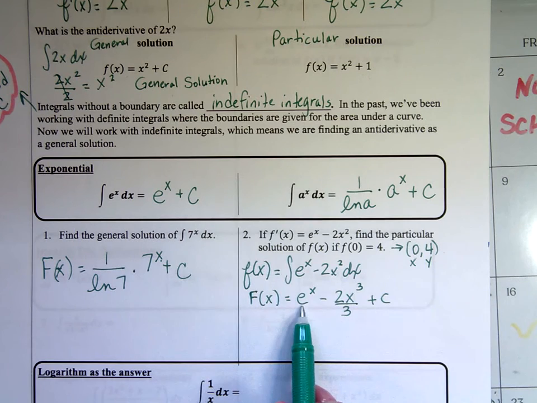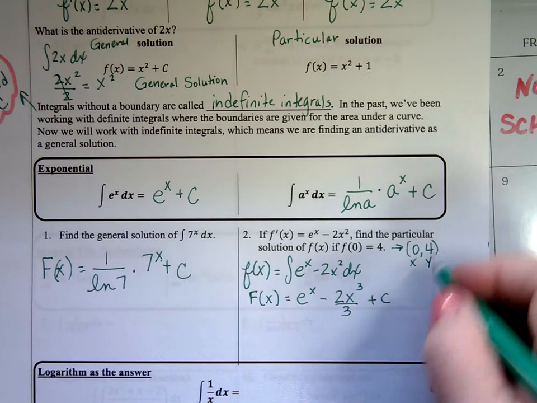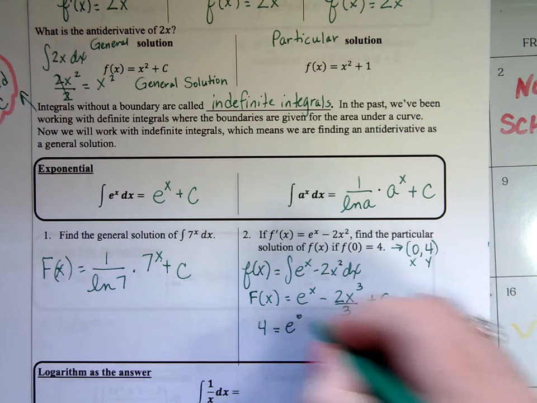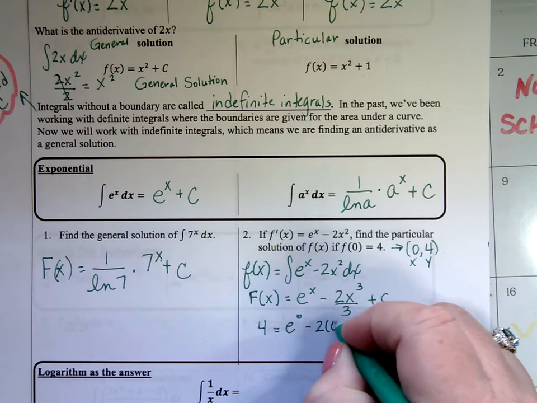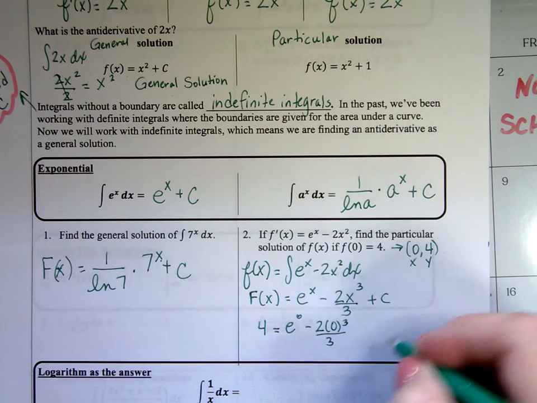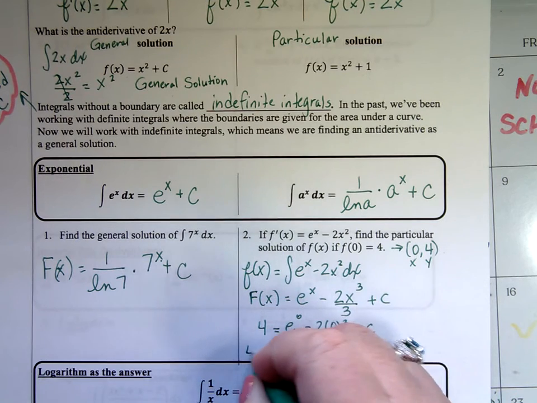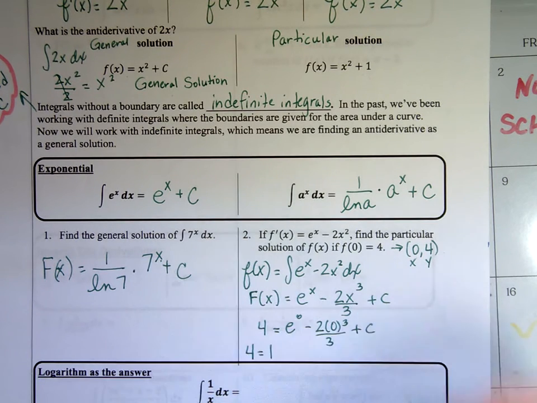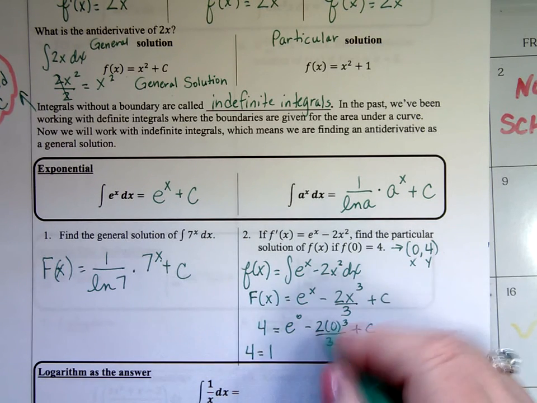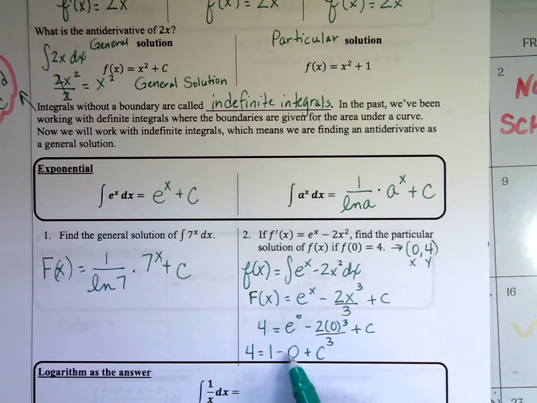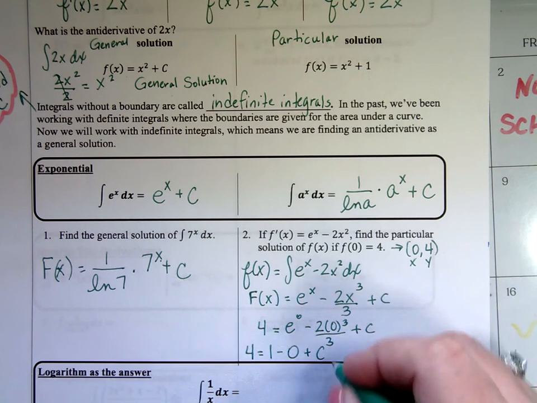So we're just plugging it in. 4 is my y, equals e to the 0 minus 2 times 0 cubed over 3, my x is 0, plus c. And from that, you're going to be able to figure out what the actual c value is. So if I do that, I get 4 equals e to the 0 is 1, minus this whole term zeroes out, plus c. If I swing the 1 over to the other side, I end up with 3, so I get a c that equals 3,